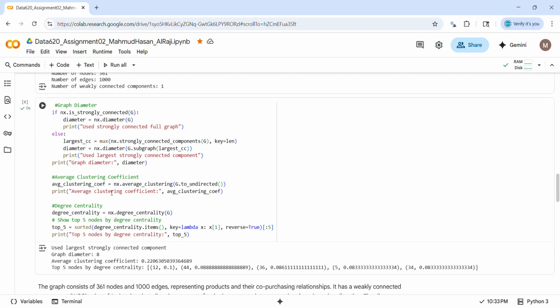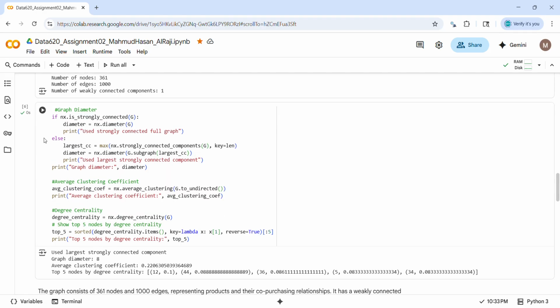It is notable here that to determine the graph diameter, I have used an if-else conditional code to understand which graph diameter will be computed here. So as you see, the code here computed the largest strongly connected component graph diameter, which is 8, and the average clustering coefficient is 0.21, and I have also here computed 5 nodes by degree